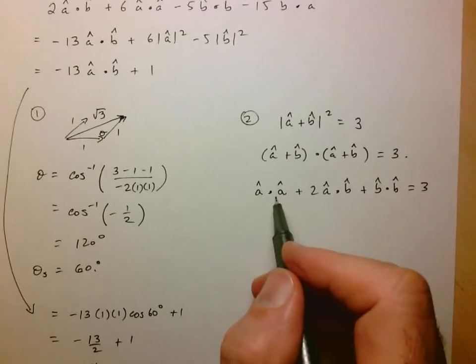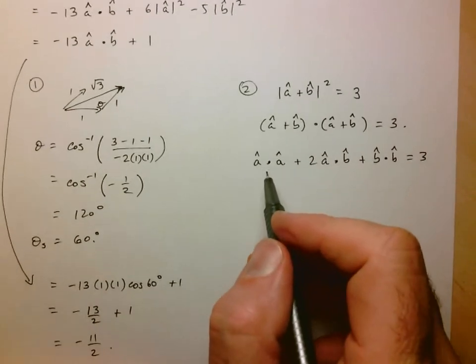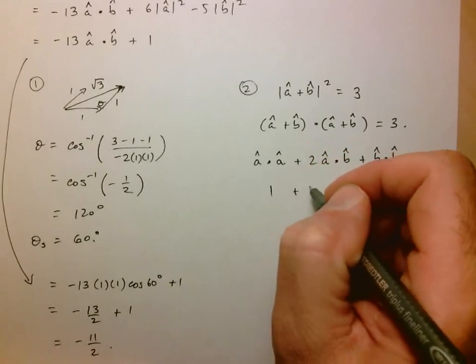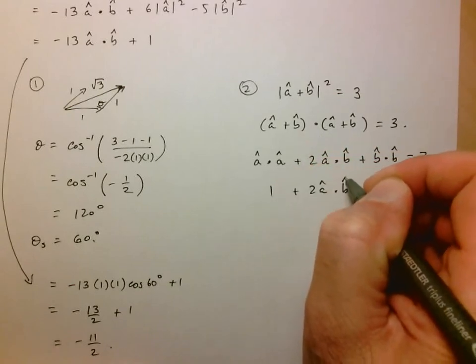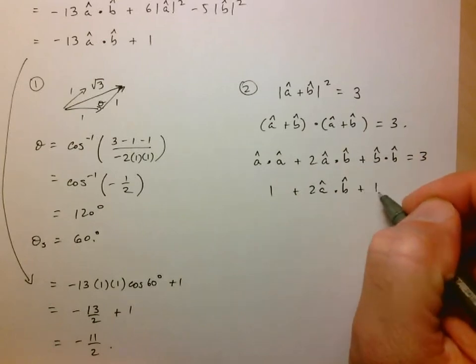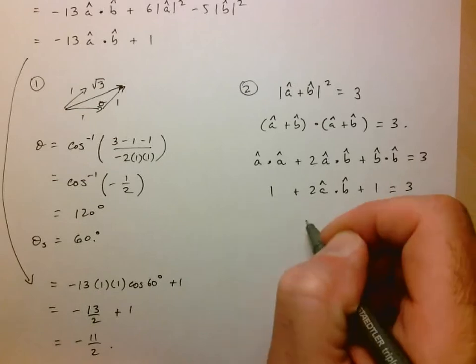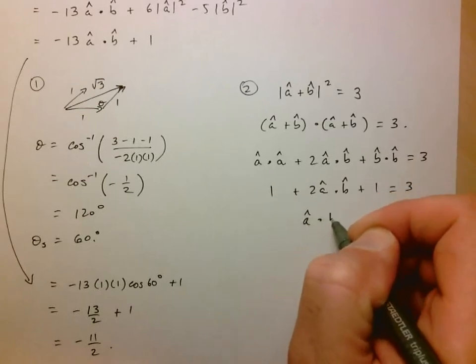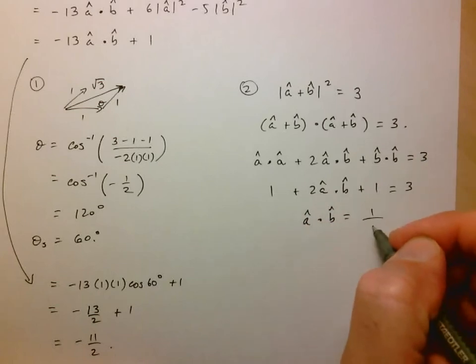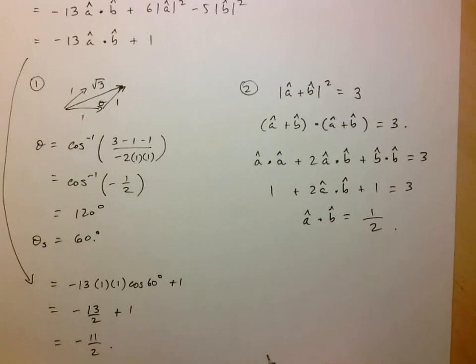But of course a dot a is just the magnitude of a squared, so this is just equal to 1. B dot b is again just equal to the magnitude of b squared, so that's just 1. So 1 plus 2a dot b plus 1 equals 3. So a dot b is just equal to 3 minus 2, 1 over 2, 1/2,